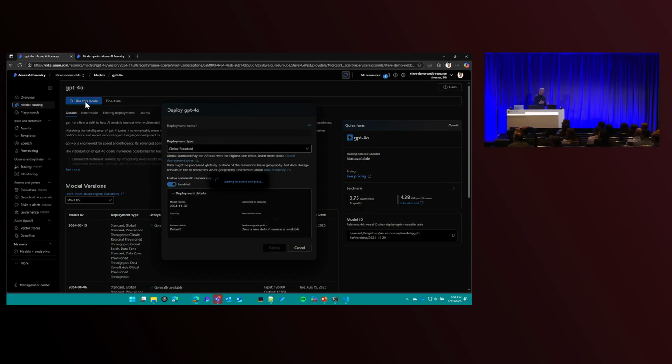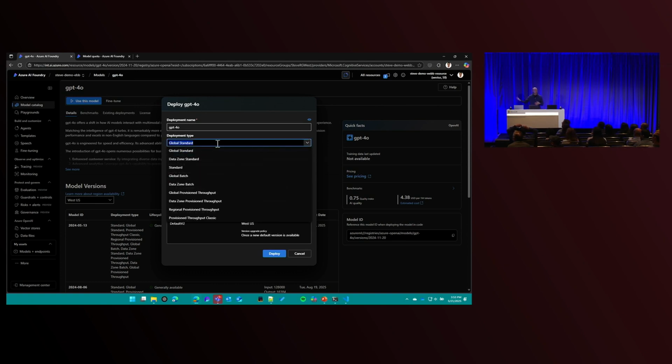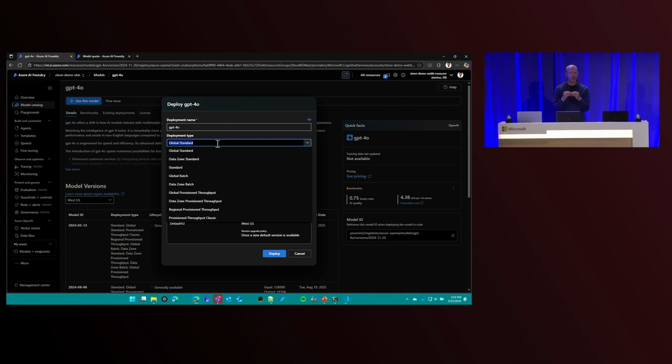Now, remember, we've got 3 different deployment types: standard, batch, and provision throughput. And then we also have different deployment regions. So our global service is the service that, first of all, your data will always be stored in the region of your resource. For me, you can see that's West US. So regardless which service I'm choosing, my data is always stored in the West US. Azure OpenAI is a stateless service. So it's just data processing. There's no storage out of West US, only in West US.